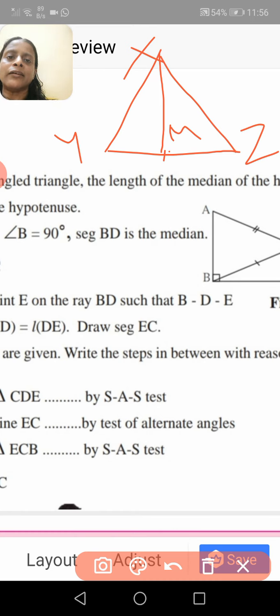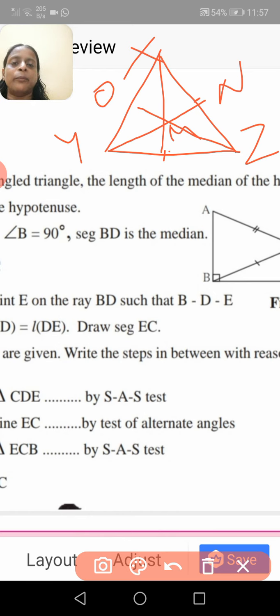Similarly, if N is the midpoint of XZ, if I join Y and N, then YN is another median. Similarly, let the midpoint of XY be O. Then similarly, ZO is another median. For any triangle, 3 medians will be there, and the 3 medians will also pass through the same point, and that point is known as the centroid of the triangle. That you will learn afterwards. Okay. Now this much you understand that median means the line joining one vertex and the midpoint of the opposite side.